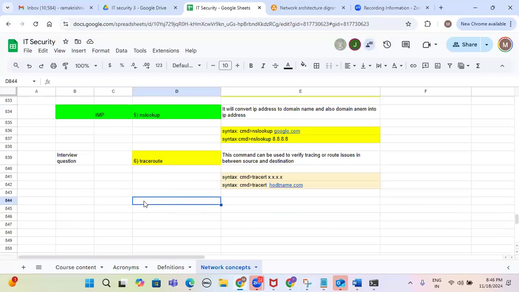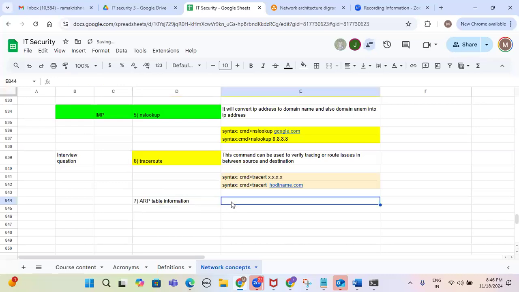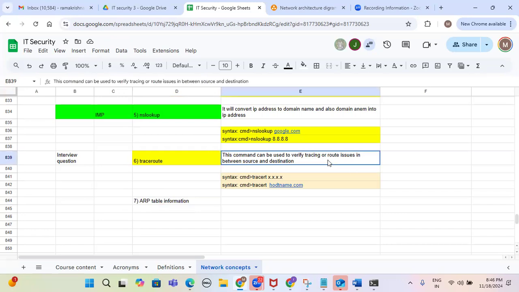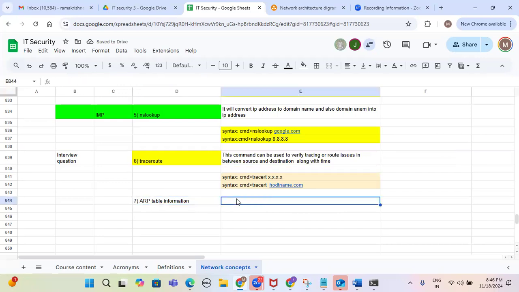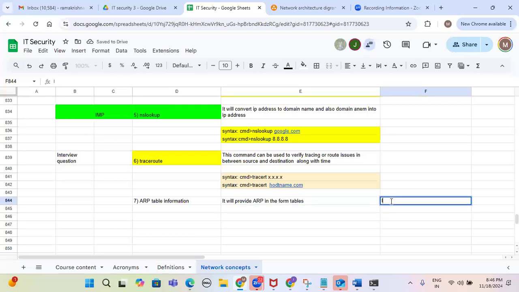Next one. ARP table information. If you want to get the ARP table information, what is the command we have to use? It will provide the Address Resolution Protocol information in the form of tables. What will the ARP table do? It will map